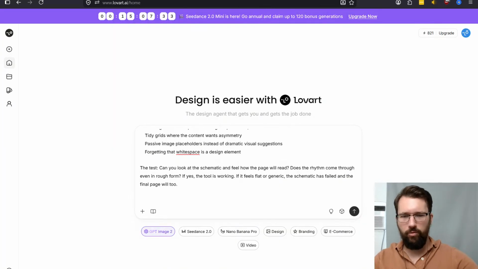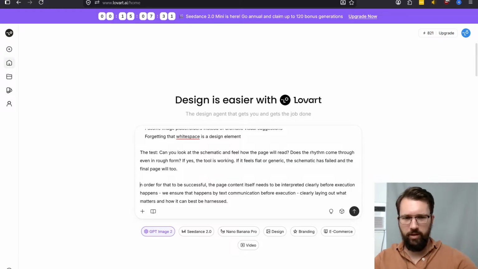I'm literally just going to use my own thing here. In order for that to be successful, the page content itself